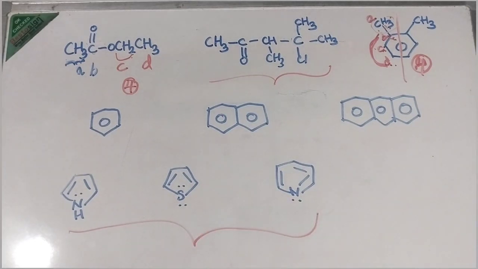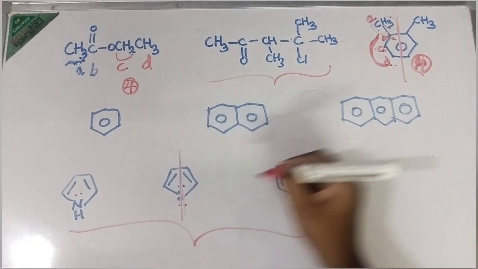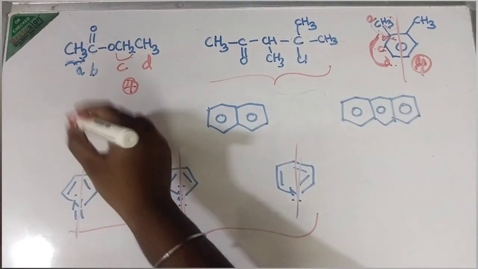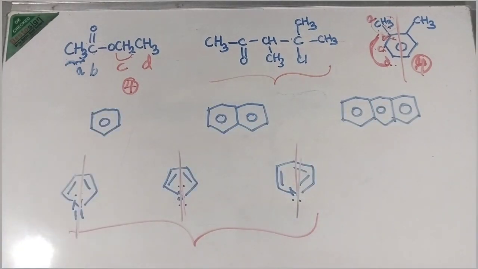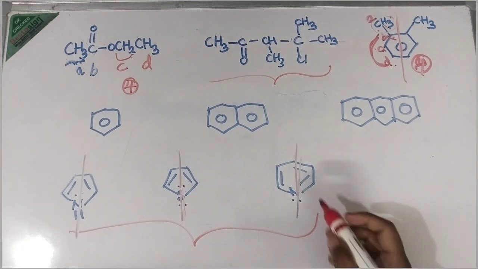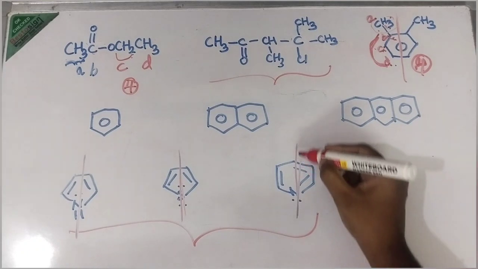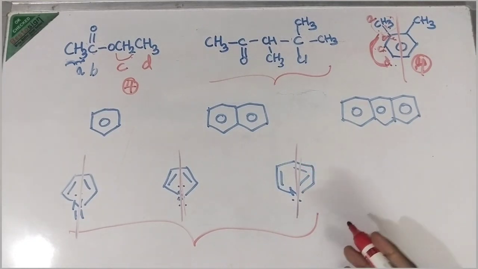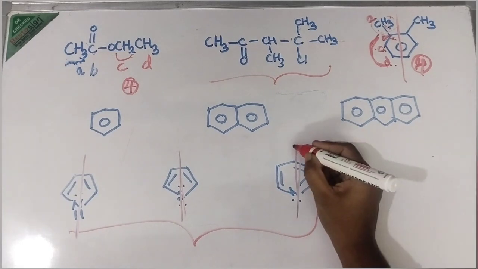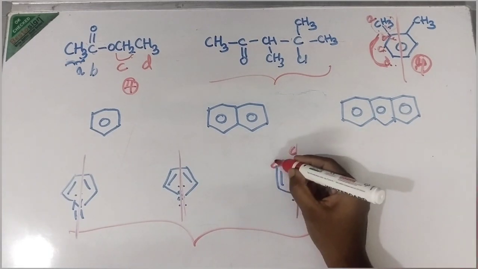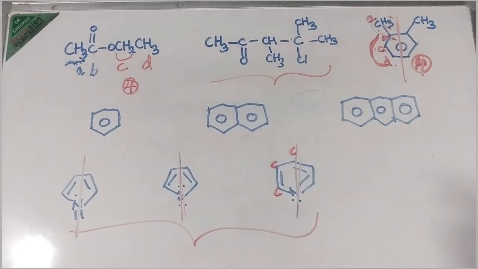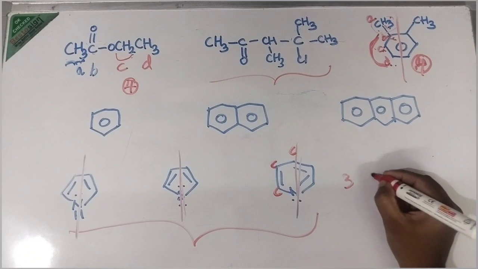These are all very simple. You can just draw a plane of symmetry, and by the plane of symmetry you can easily predict the number of signals. See in this case pyridine, after bisecting the pyridine, what will you get? Here there will be a carbon, here there will be a carbon, and here there is a carbon. So you will get 3 signals, right? You will get 3 signals